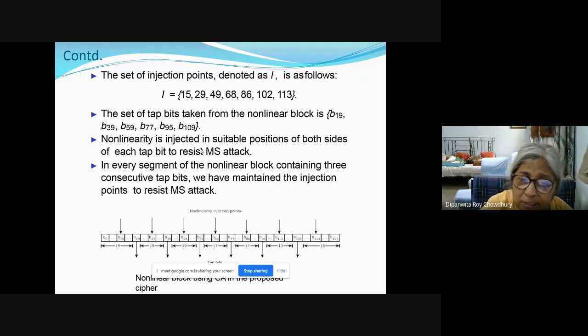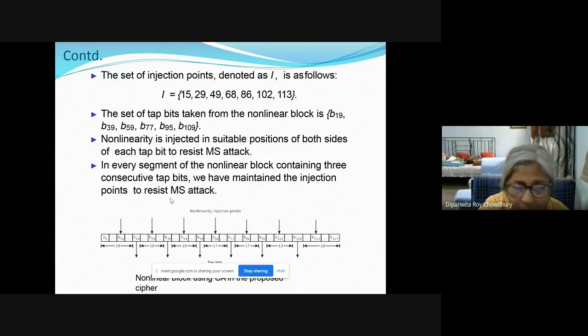That means selection of rules. And this selection of rules for non-linear cellular automata, this injecting point or injection point, is very important, because that actually gives you the expression or Boolean function of non-linear CA. So from that time only, we have actually seen the MS attack, and this is the first time actually